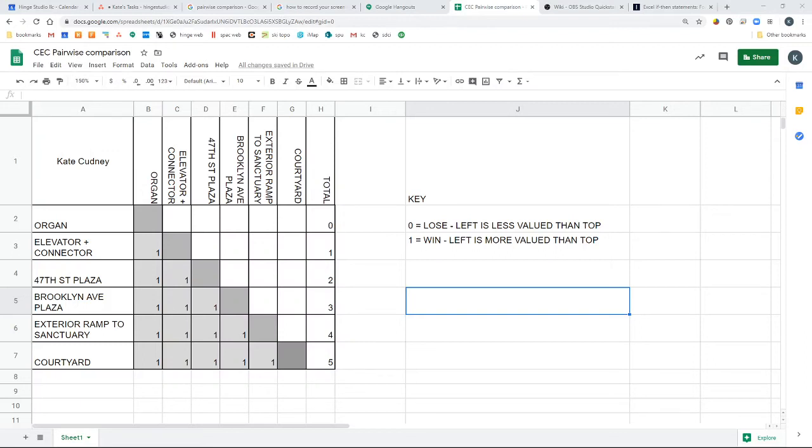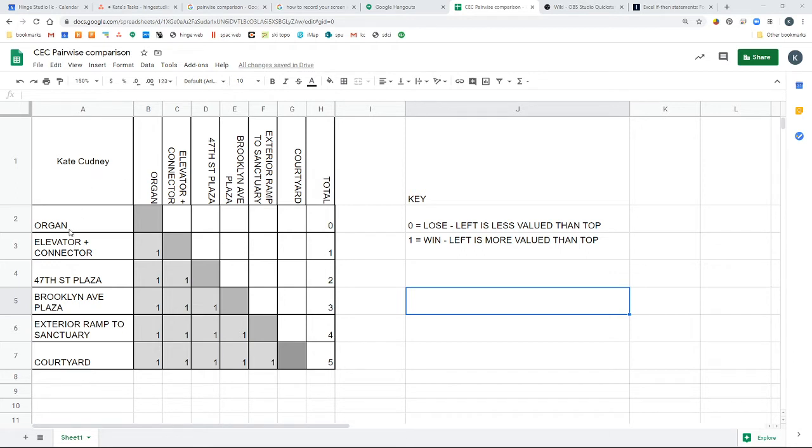So today I am going to share with you a tool that we sometimes use on projects when there are a number of different items that a client is considering and they're trying to figure out how to prioritize those items. This can work really well when you have a project where you're trying to pick between different things you might want to do, and it particularly works well when you have a number of different stakeholders. So the way this works